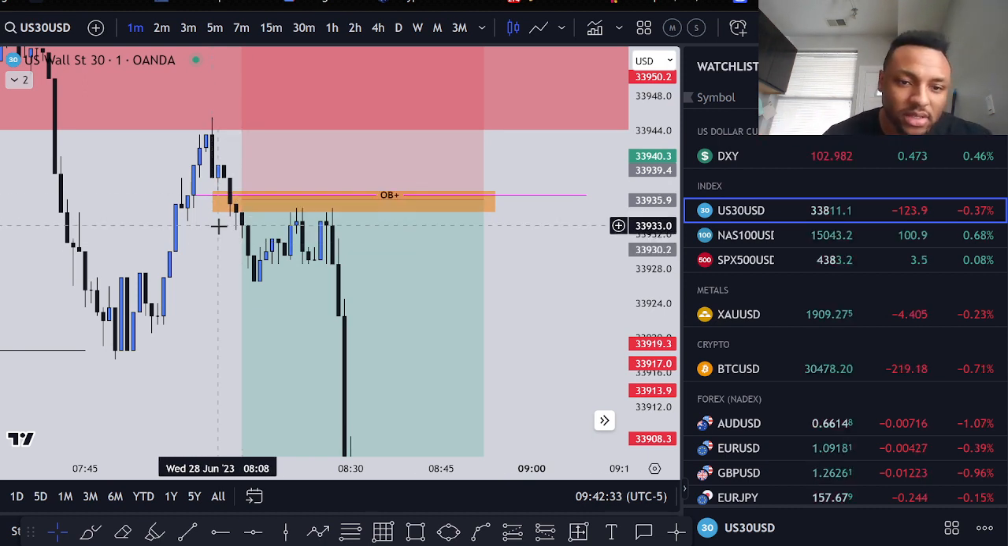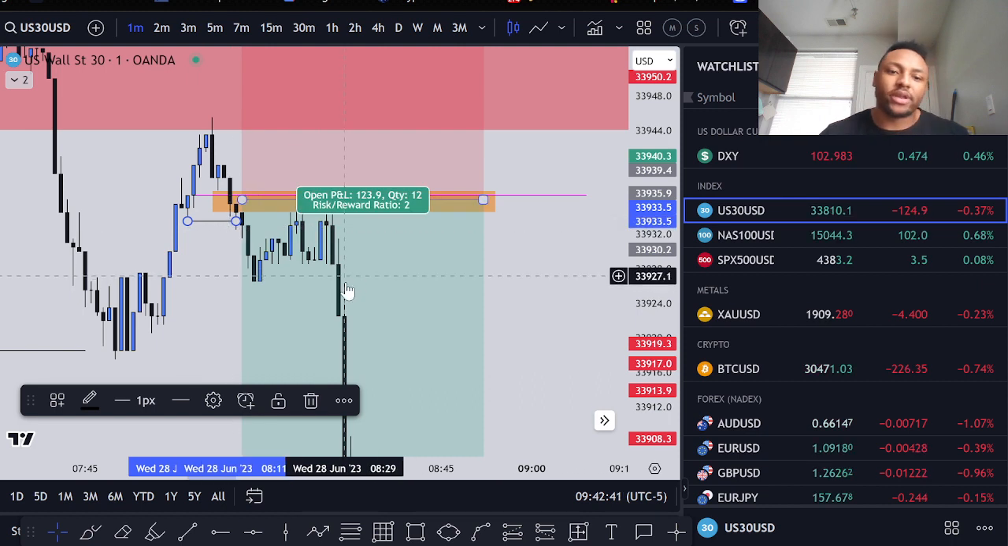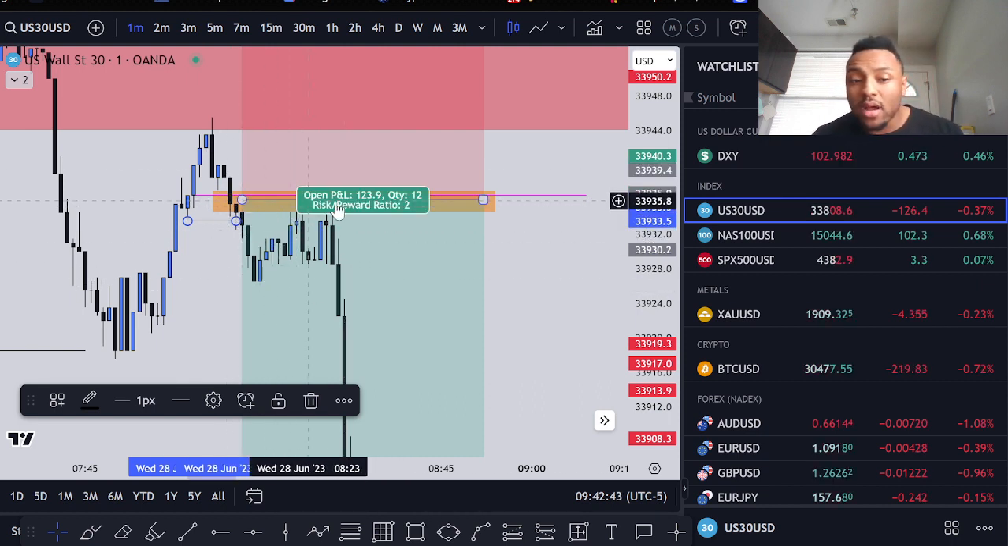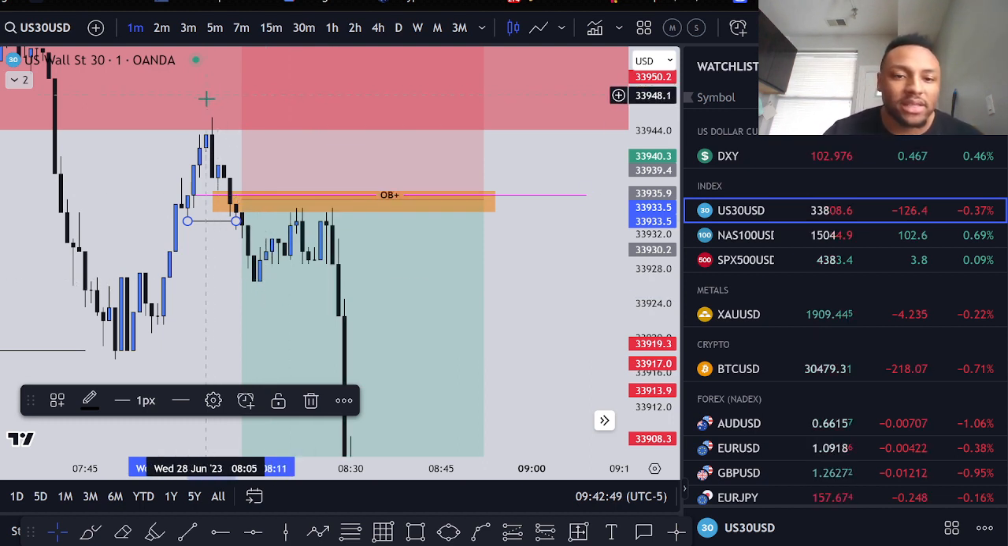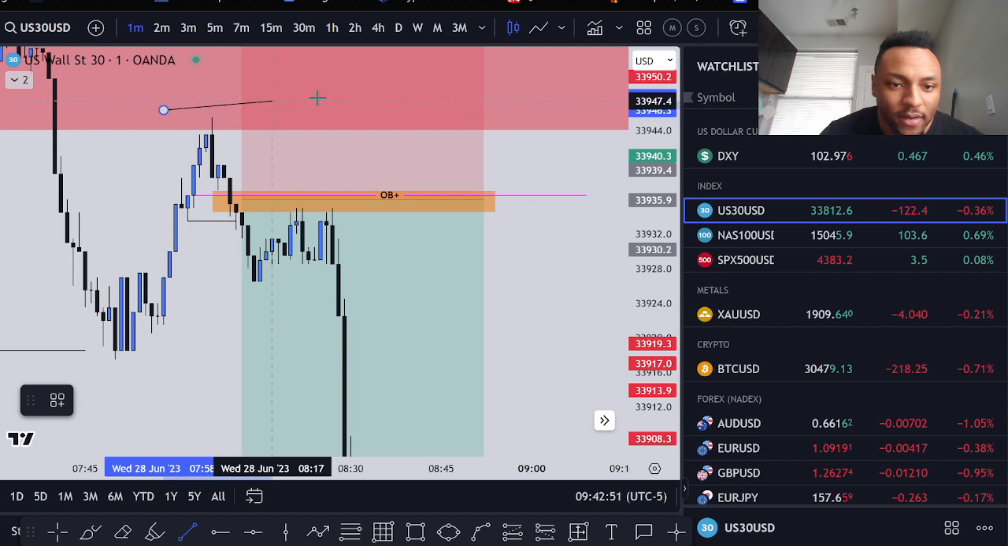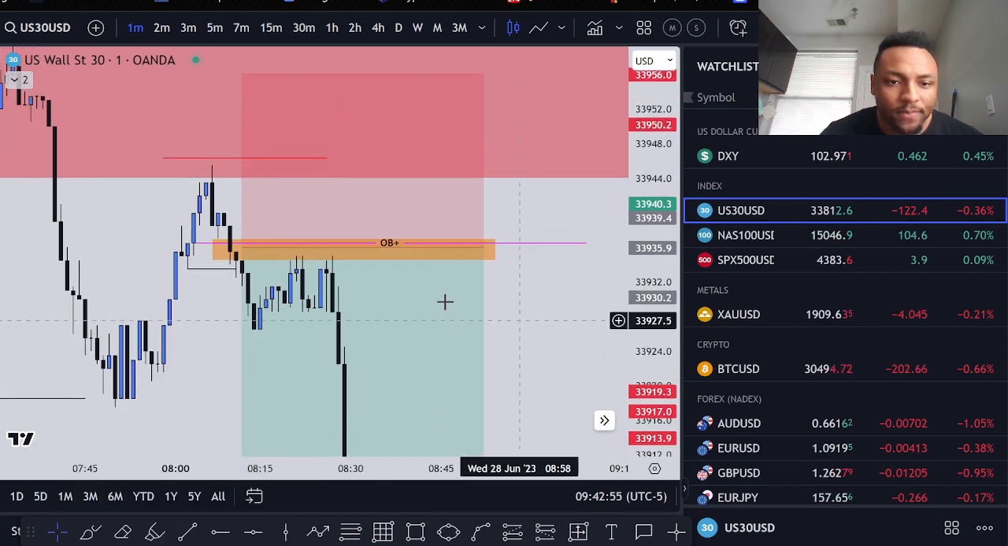That's what I noticed. So once I saw this structure point right here, once I saw this break right here, I entered in. I could have waited for it to come back up, but sometimes it doesn't get me that entry in. And I believed that if I put at least my stop loss right above here, right here,